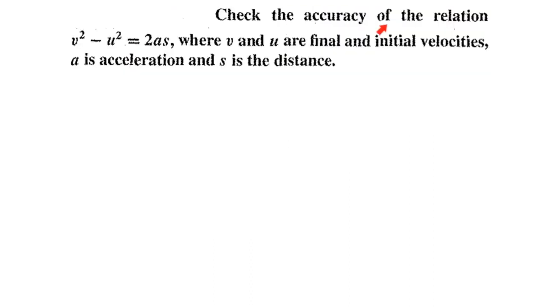We have to check the dimensional correctness of this equation. Class, remember this equation: v square equals u square plus 2as. We all know this equation is physically correct. Last time we discussed that any equation which is physically correct, which we use in real life and in scientific research, is 100% dimensionally correct.